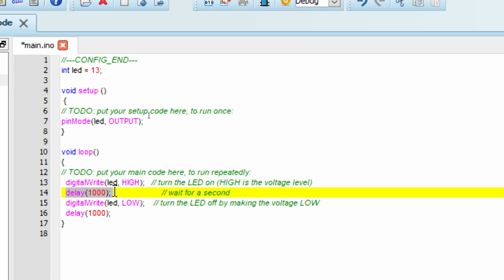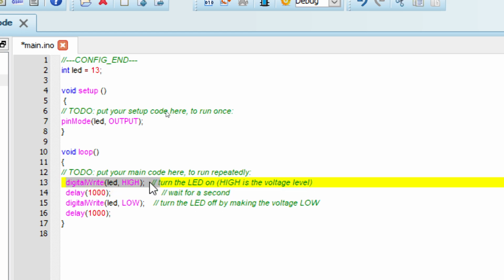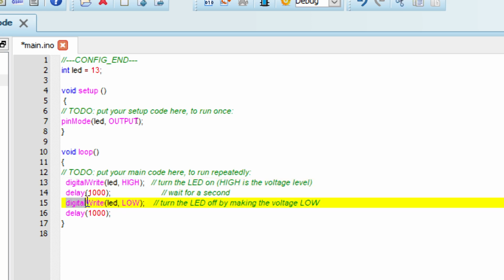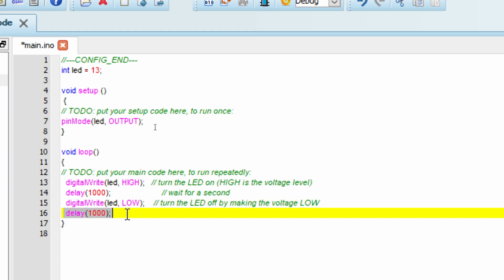Then we are using a delay of 1000. It means 1000 milliseconds, so it means 1 second. So we kept the pin high for 1 second. Then after that we are writing LOW on the same pin and we are generating another delay of 1 second.